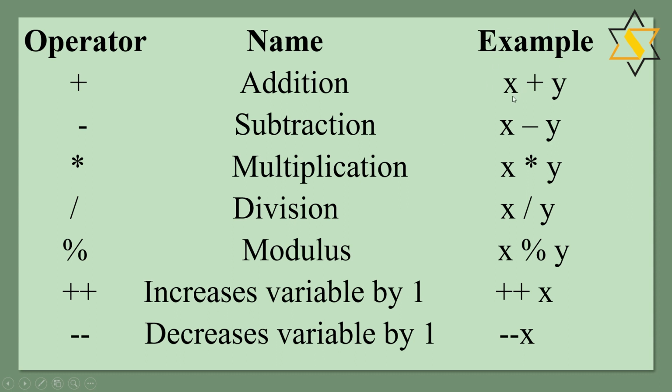Here is an example of how variables are declared when we add values, like x equal to 10 and y equal to 20. In this way we perform addition, in this way subtraction, then multiplication. Then what is the difference between x slash y, x division y, and x modulus y? So the difference is